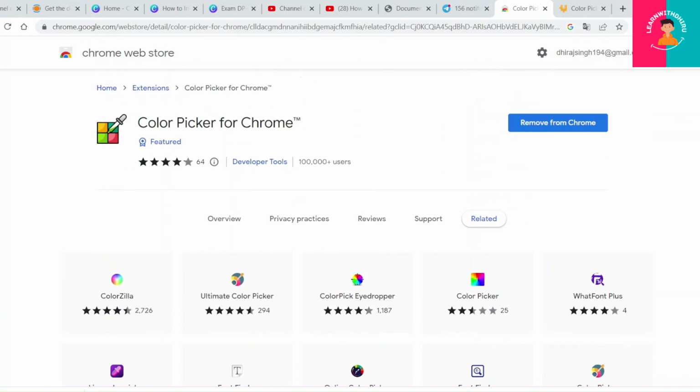If you want to pick any color, like if there is this remove from Chrome having the bluish color, and I want to use this color, I will just go to this extension and click on it, then I can get the code, and that code I can use in my programming languages. In this way, you can install the extension or the plugin, and these are the most important plugins